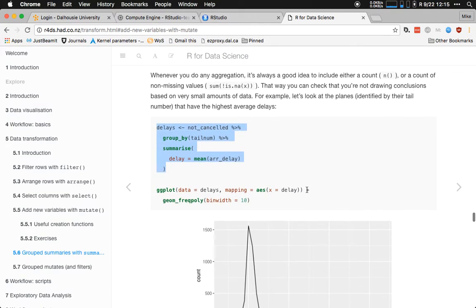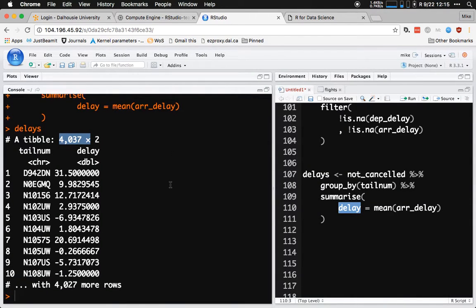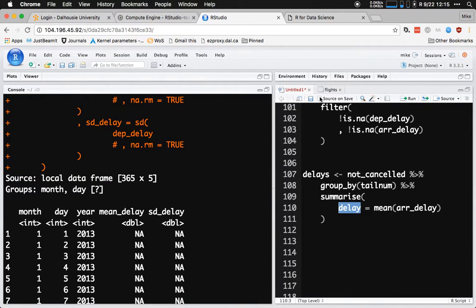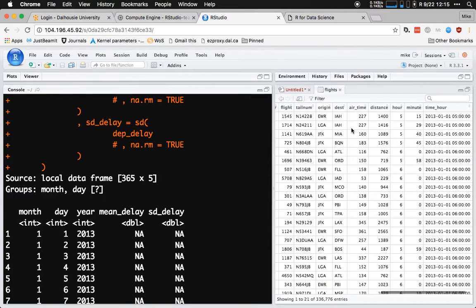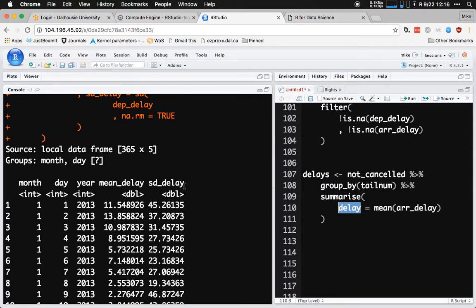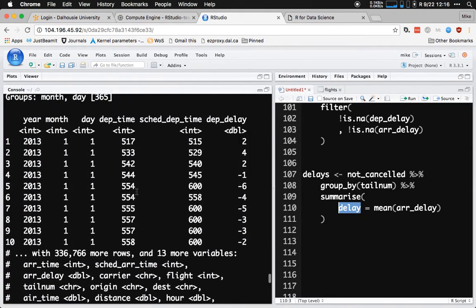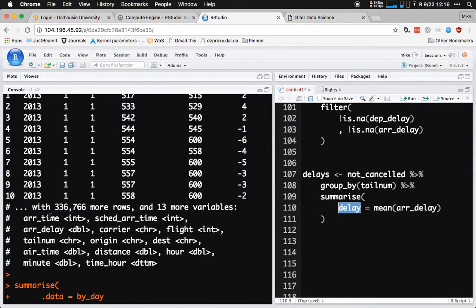Is there a way to know all the different variables, just the headlines of the different variables in this data set? Like, I know we have 19 columns, so just the top row of the column. So you can either look at the thing there, do a view, and it shows all the things. Alternatively, anytime we haven't been able to see all the columns, you can look at the top columns there,